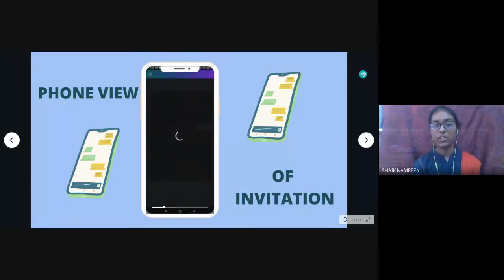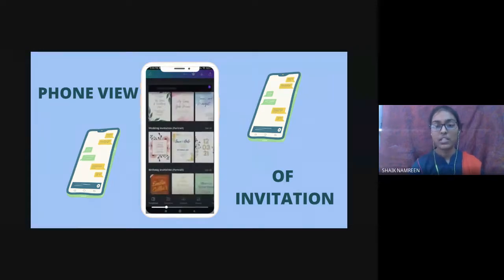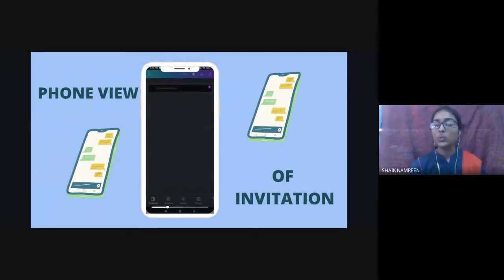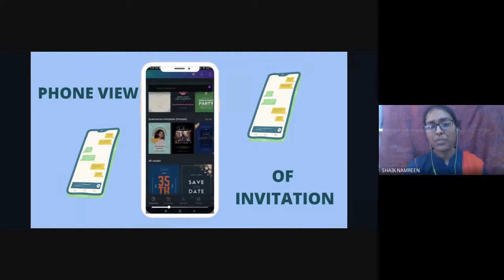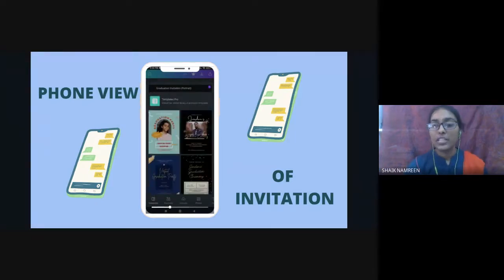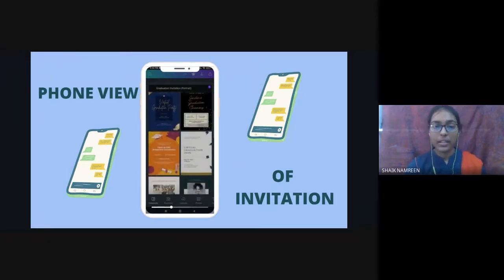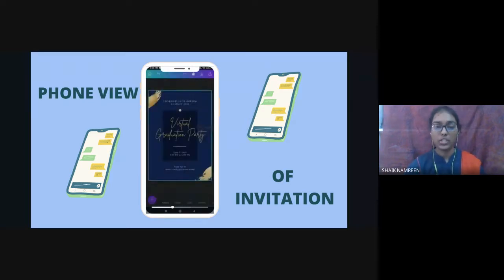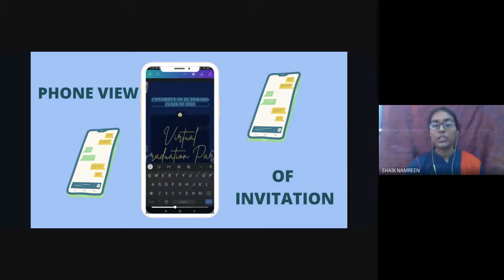After clicking on the invitation, you can see so many templates, thousands of templates. You can see 1,000 plus too. So selecting one would be hard, but you can select one based upon the situation. It may be a birthday, it may be a virtual graduation party, anything.